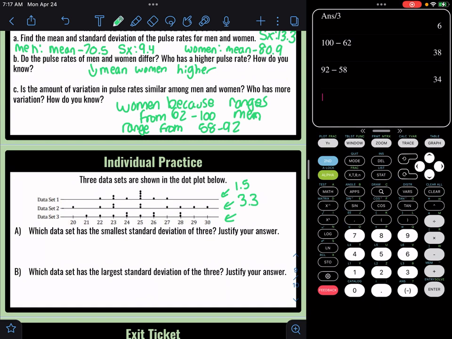Alright, and let's look at this last one. I have a 21, 22, 23, 24, 24, 25, 26, 26, 28, 28. Alright, menu, statistics, stat calc, one variable statistics. Click OK, and I would get